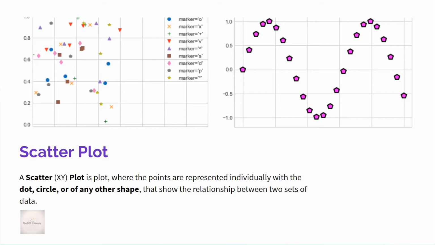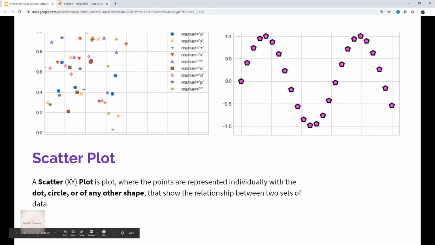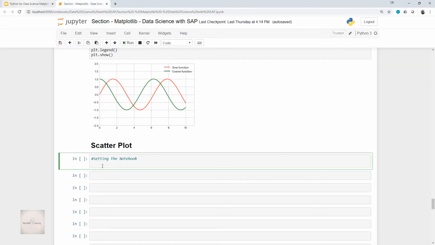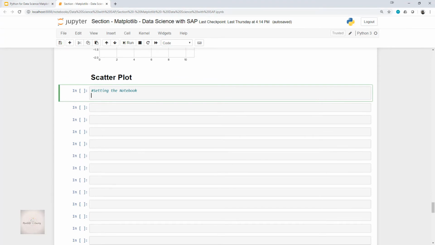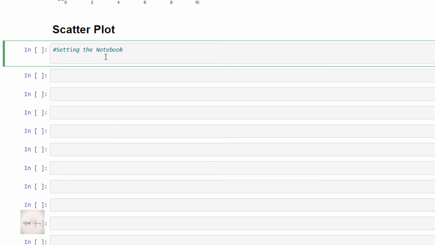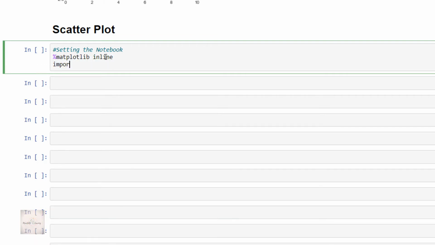Let me come back to my Jupyter notebook. Here I'll be importing the functions which we will be using for this scatter plot. So it will be percent matplotlib inline for the static images, and then import matplotlib.pyplot as plt.